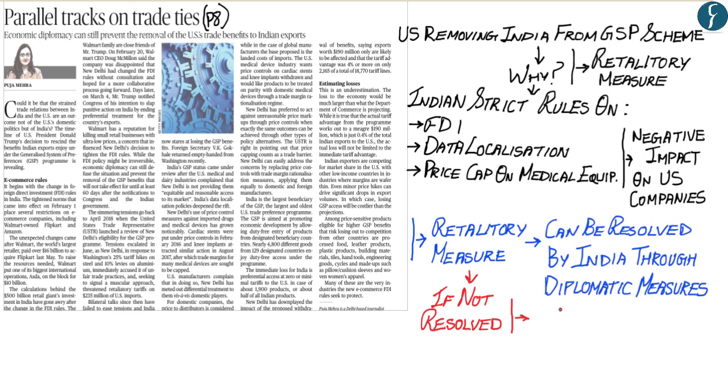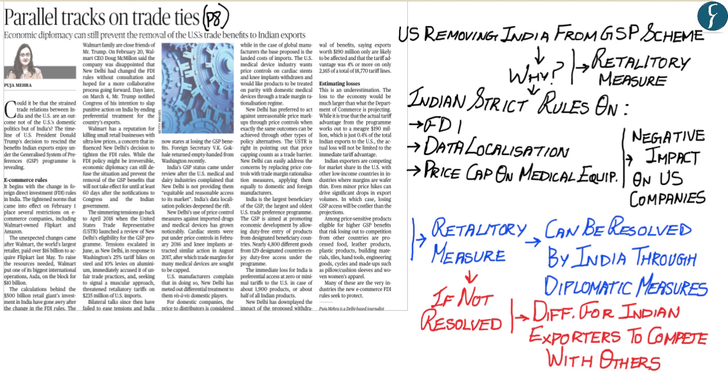Whereby, according to the author, the Indian traders who have benefited from the GSP schemes, such as small engineering units, small textile units, apart from others, it would then be difficult for them to compete with the Chinese, the Mexicans, and other exporters of the same product. Now, according to the Government of India, the loss to India from losing the GSP benefits would be around $190